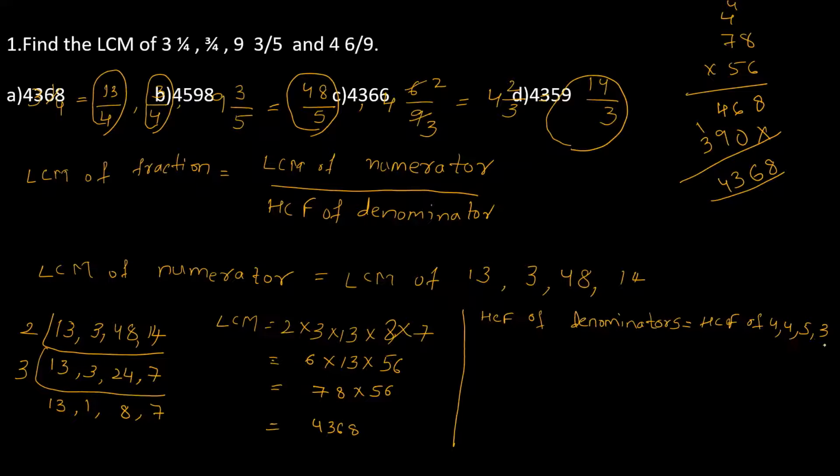These 4 numbers, 4 and 4 have the common factor 2, 2 times 4. Common 2 into 2, 2 into 2. But these 4 don't have any common factors. So what is the HCF of 4, 4, 5, 3? HCF of 4, 4, 5, 3 is equal to 1. So therefore,